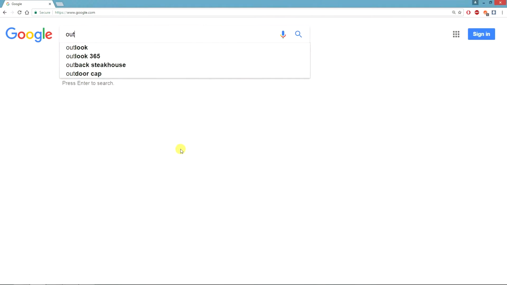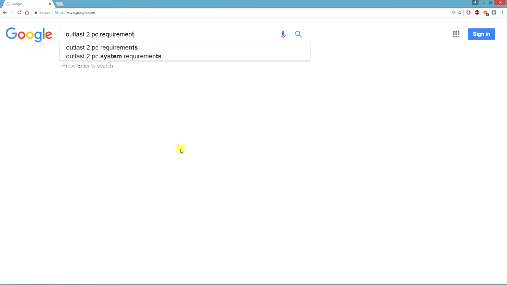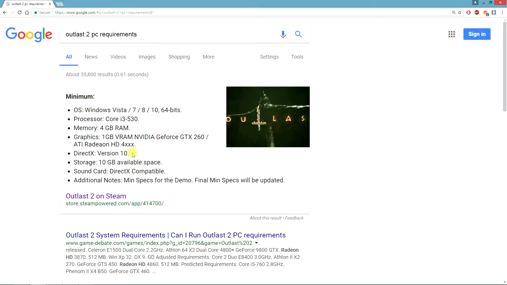Question number two, what are you going to be using that computer for? Are you going to be playing video games? Editing videos? Just writing essays? Think about this so that you don't end up wasting more money than you need. If you're going to be playing video games, check those video games that you want to play. Check the minimum requirements, check the recommended requirements,